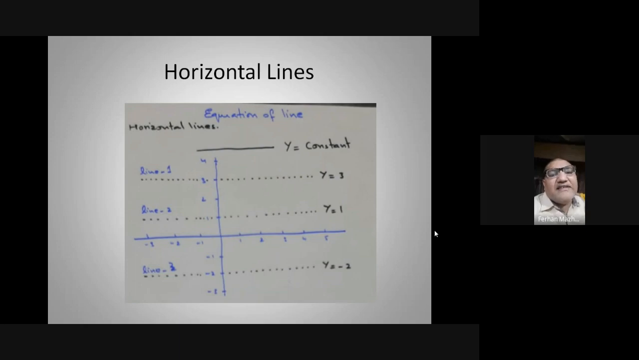If your lines are parallel to the x-axis, or they are horizontal, their equation will be y equals to constant. In other words, you can say y will be equals to a number. And what that number or what that constant is, you can see that the graph